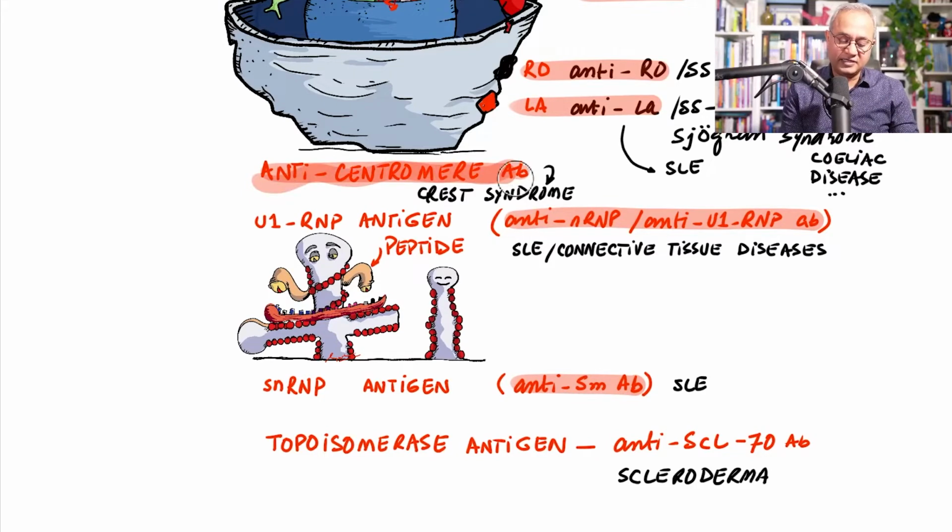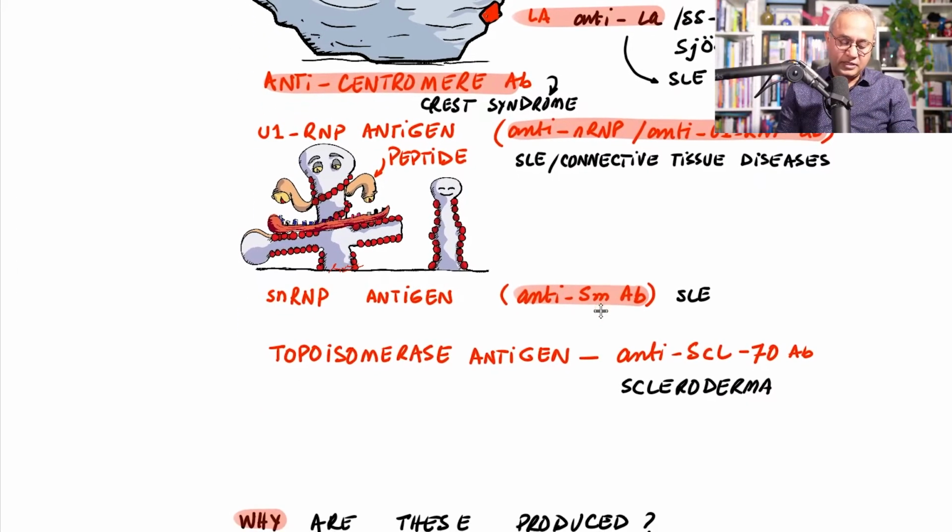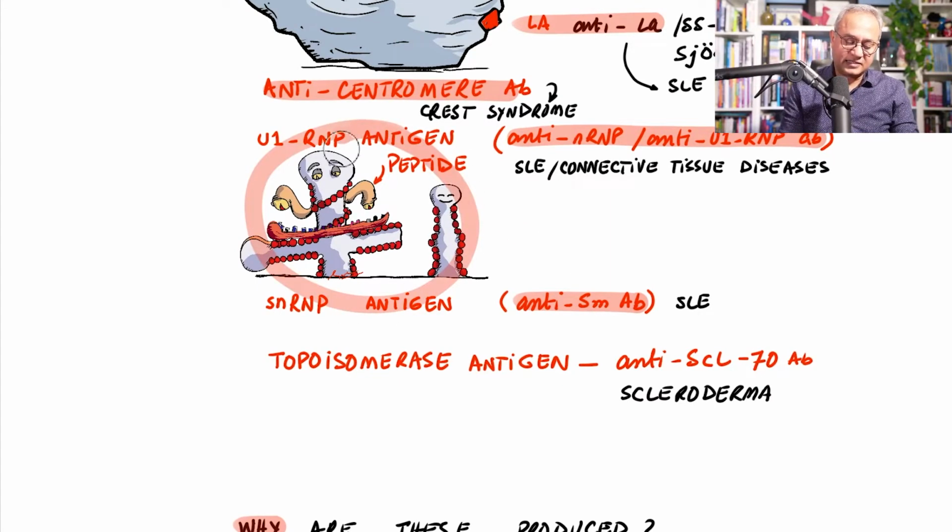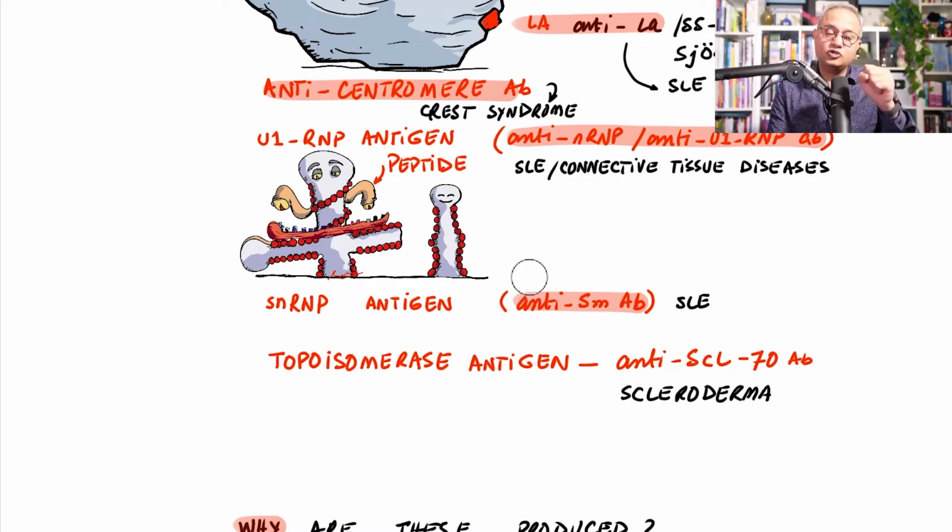Then we have anti-centromere antibodies. We know that centromeres are part of the chromosome in the center, and there can be antibodies directed to the centromeres themselves. Then this is the one that I said I'll discuss later. Inside a nucleus, there are tiny proteins whose job is, when messenger RNA is formed,